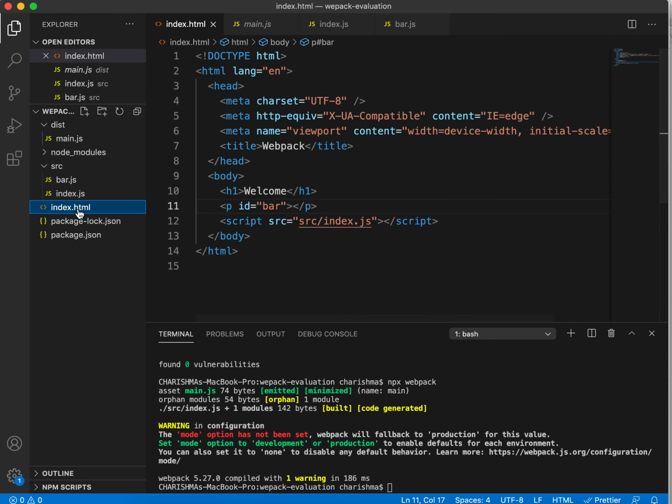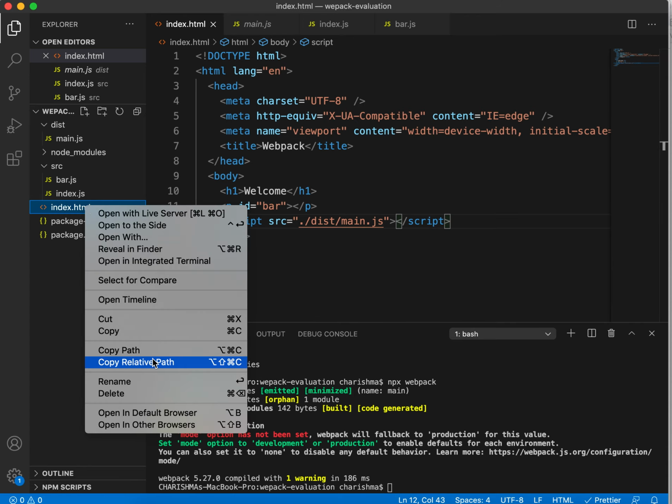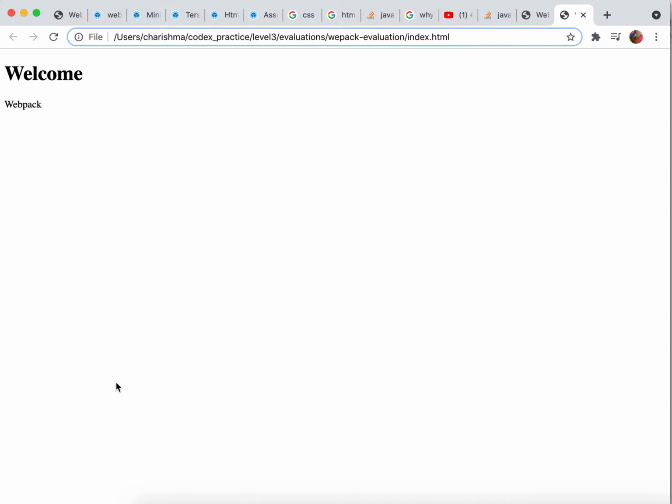And now I'm gonna change my source here to dist/main.js. So what happens now if we open our HTML file? We got webpack to welcome webpack. Previously, if you remember, there was only welcome, there was no webpack. Now we got our welcome and webpack